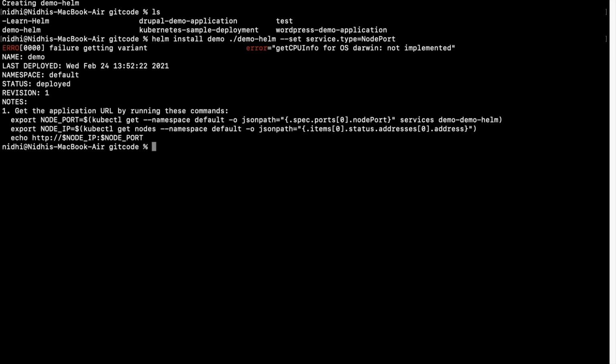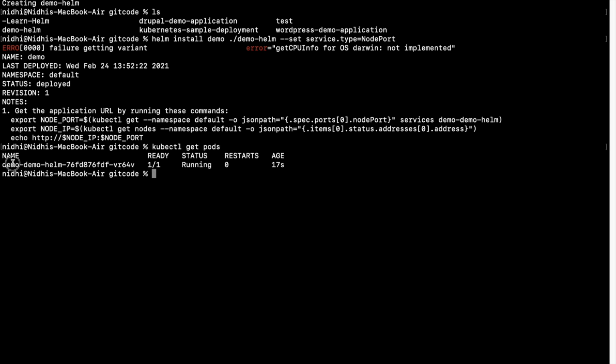When you run this command, you have not done anything. You have not created your deployment.yaml files, any service.yaml file, or any pod configurations. You have not done anything. Right, so I can do kubectl get pods. Here you can see that it has created this pod, and I can run kubectl get service.